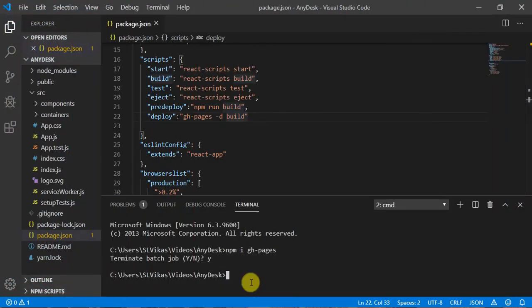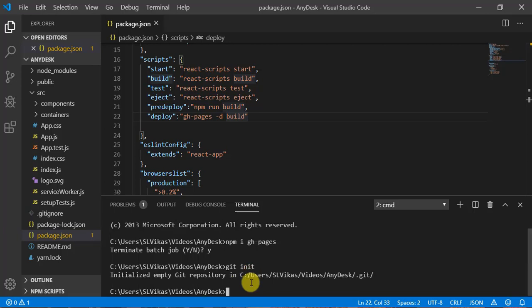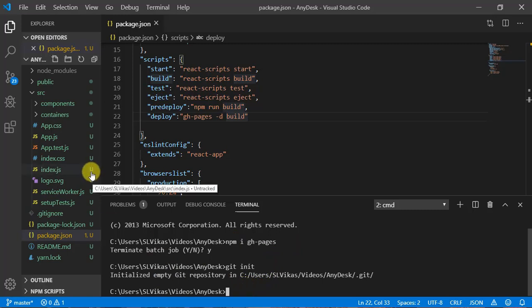And now it's time to push our code on GitHub. Okay, so for that I need to write here git init. Okay, this command will work once Git is installed in your system. So this will create a Git repository on my system. Okay, so now you can see here I am getting this, okay, untracked and all those.